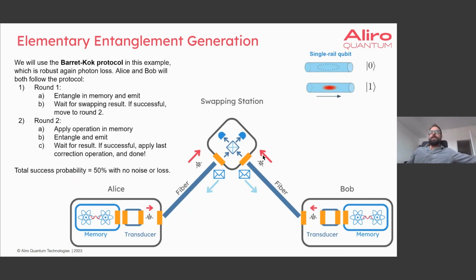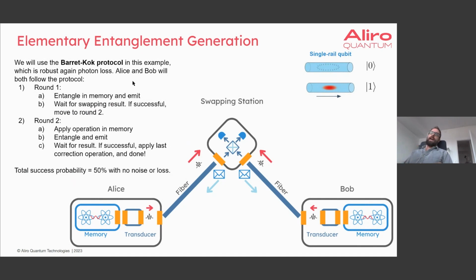So within this whole setup, there's a few different ways, even once you have this hardware setup, that you can try to do this. But we're going to use what's called the Barrett-Kok protocol. The Barrett-Kok protocol is what's called a two-round protocol, a two-click protocol, and it's useful because it's robust against photon